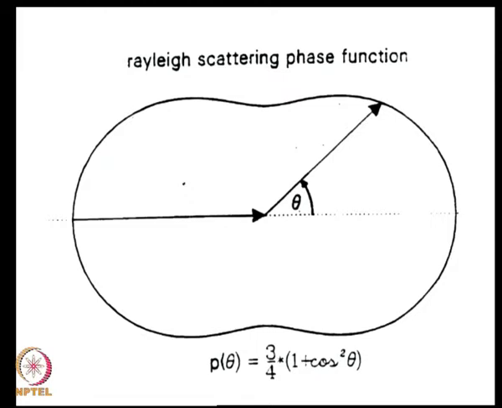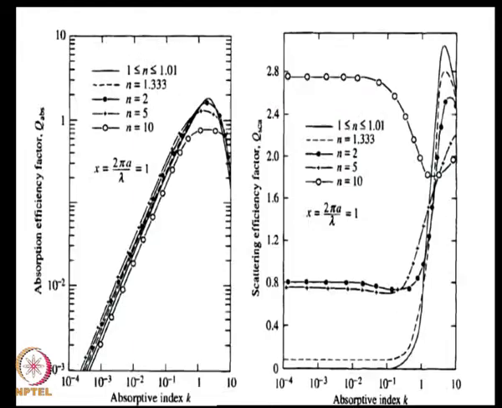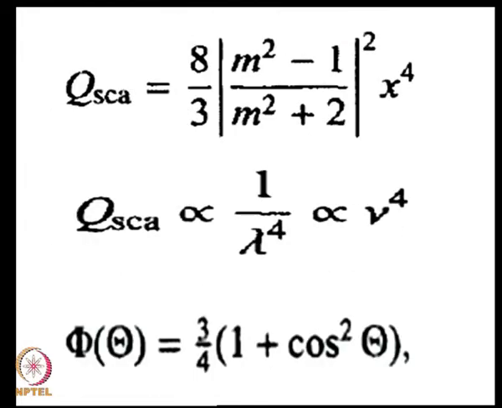Now, typical phase function for Rayleigh scattering is shown here. What you see is the fore-aft symmetry, the forward and backward scattering are symmetrical, but the scattering on the side is smaller. This is the Rayleigh scattering feature. Now, in the case of Rayleigh scattering, we already saw that the scattering efficiency goes as 1 over lambda to the power of 4, which is the well known Rayleigh scattering effect, whose impact on rainbows and halos and so on we will discuss in one of the subsequent lectures.